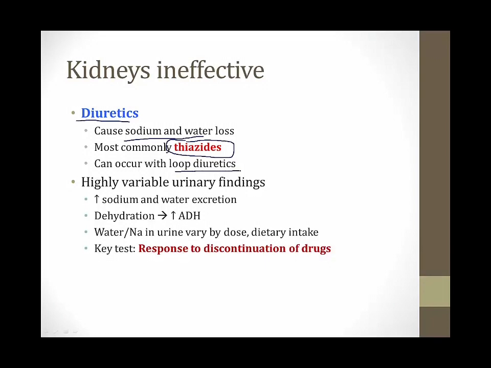One thing to be aware of is that in patients who develop hyponatremia from diuretic therapy, the urinary findings like the urinary sodium and osmolality are highly variable. There are a couple of reasons for this. First of all, the drugs promote sodium and water excretion. Secondarily, they cause patients to become dehydrated, and this stimulates ADH release. And then finally, the amount of water and sodium in the urine vary by the dose of the drug and the dietary intake. So for all of these reasons, the urinary findings are highly